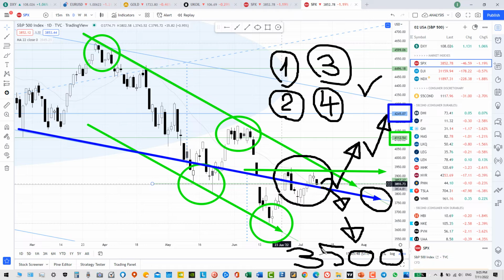So keep in mind that until now, at least for today, and as long as the S&P 500